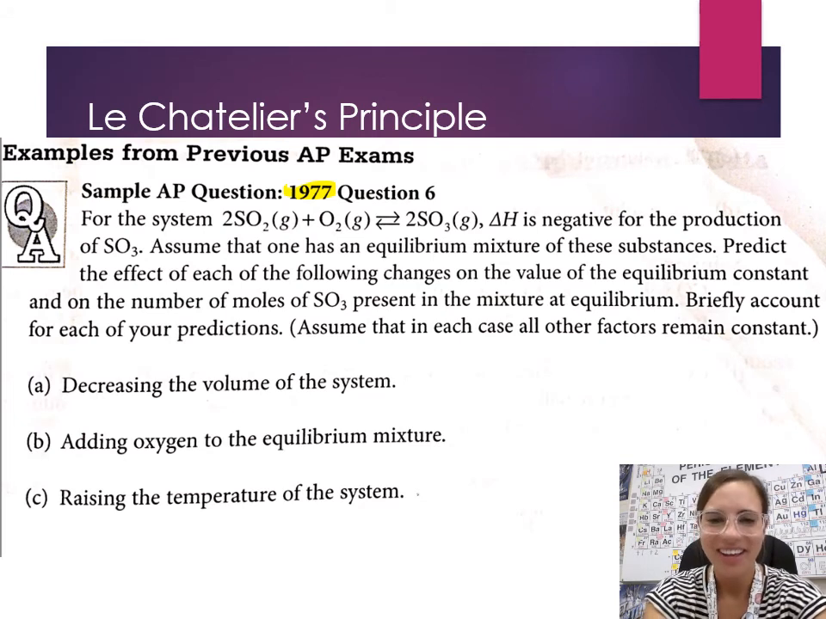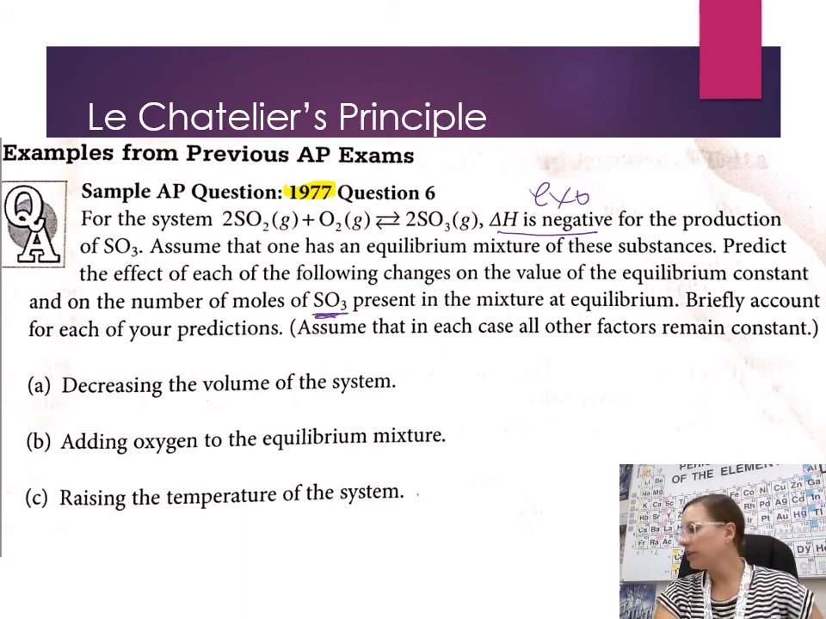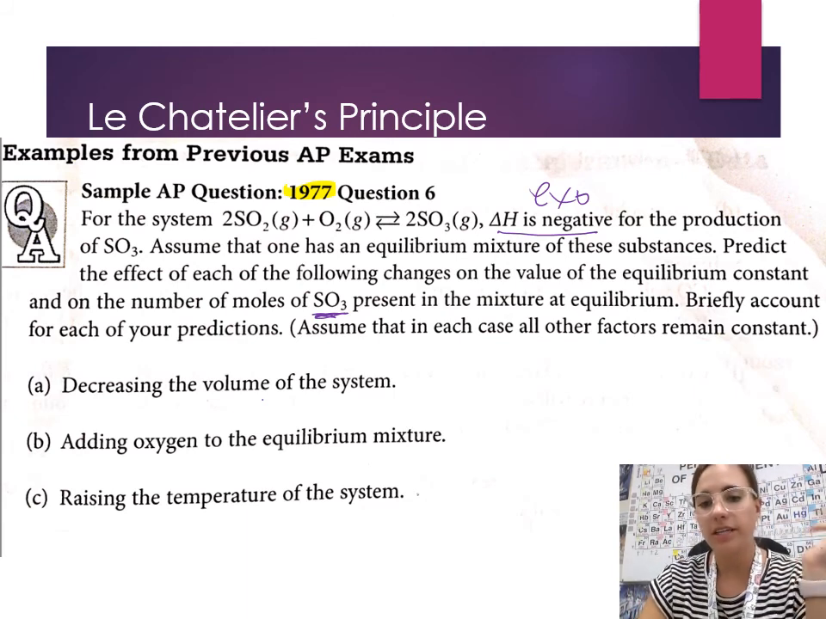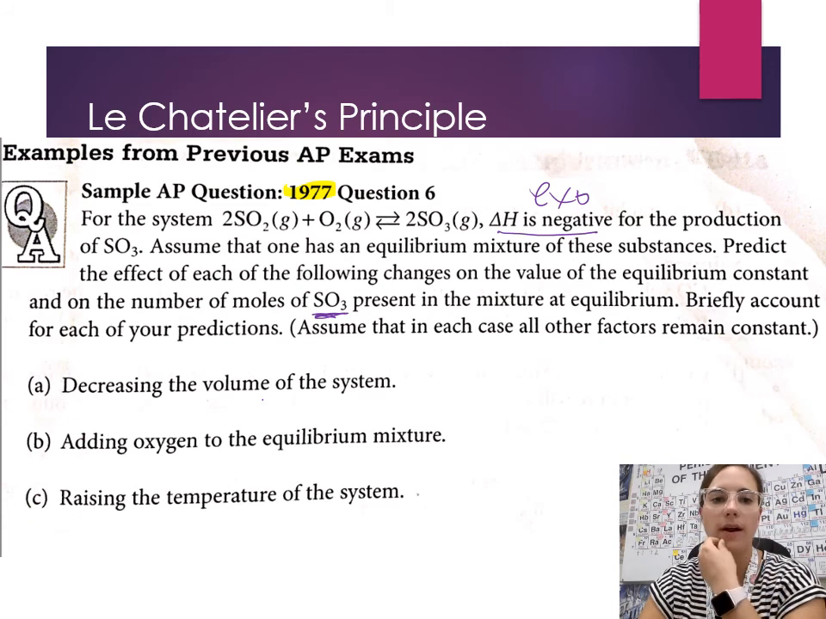Okay, last example. Delta H is negative, so this is exothermic. We have an equilibrium mixture. Predict the effect of each of the following changes on the value of the equilibrium constant and on the number of moles of SO3. Okay, so this is taking this a little step further, because not only are we saying shift right or left, we have to consider where SO3 is,